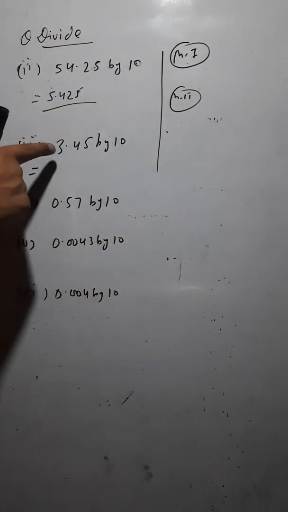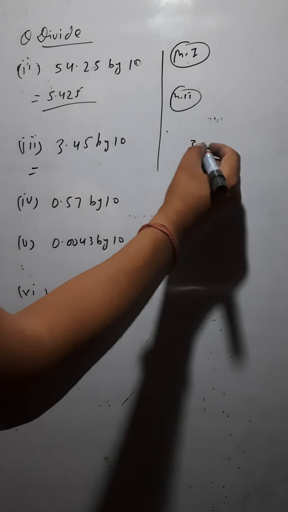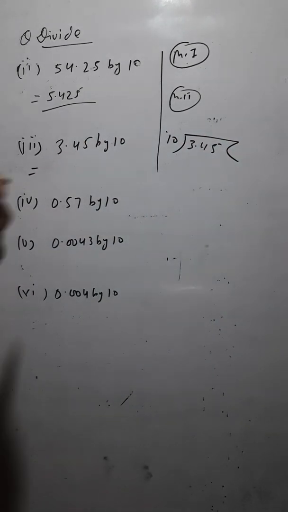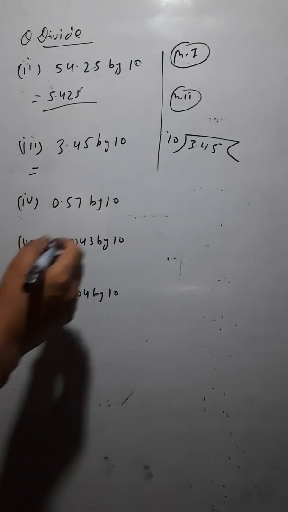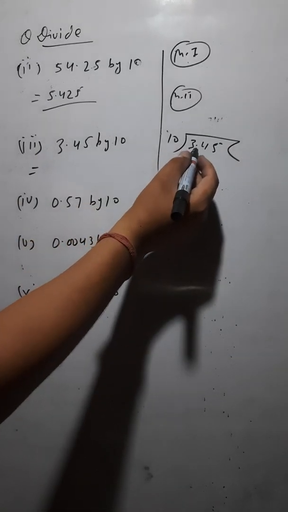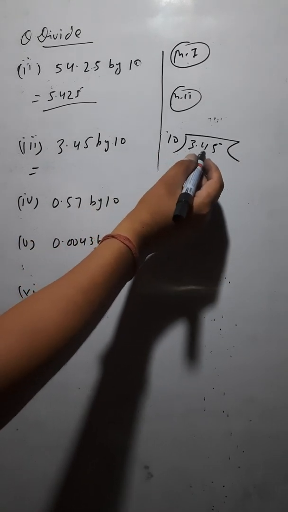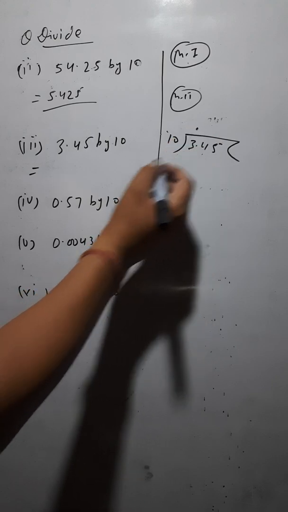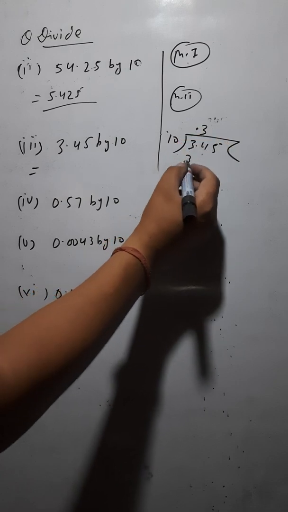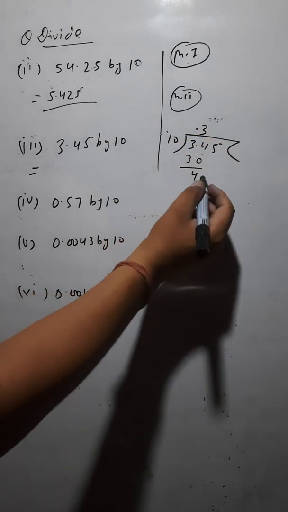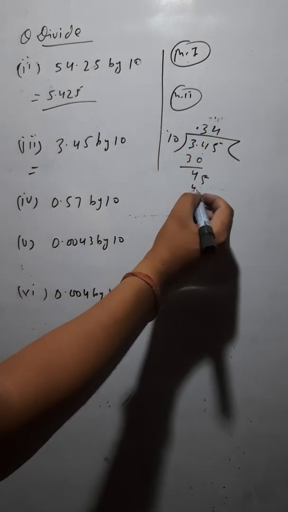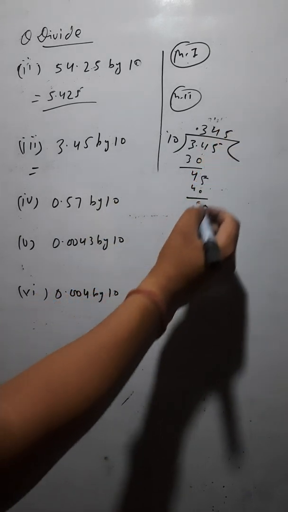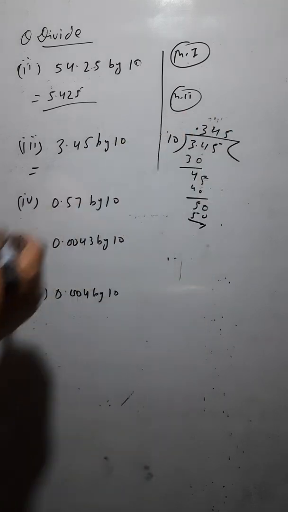First try to divide it. Let's say you are dividing 3.45. You have to divide this by 10. How much are you getting? Because if you see, 3 is not divisible by 10, because you have the decimal here. So if you have the decimal here, 3 is not divisible. You need this 4 also. So this decimal would come here now. So divide this 34 now. 10 3 ja 30. 4 is the remainder. 5 would come. 10 4 ja 40. 5 is the remainder. One more 0 you put. 10 5 ja 50. So the answer is 0.345.